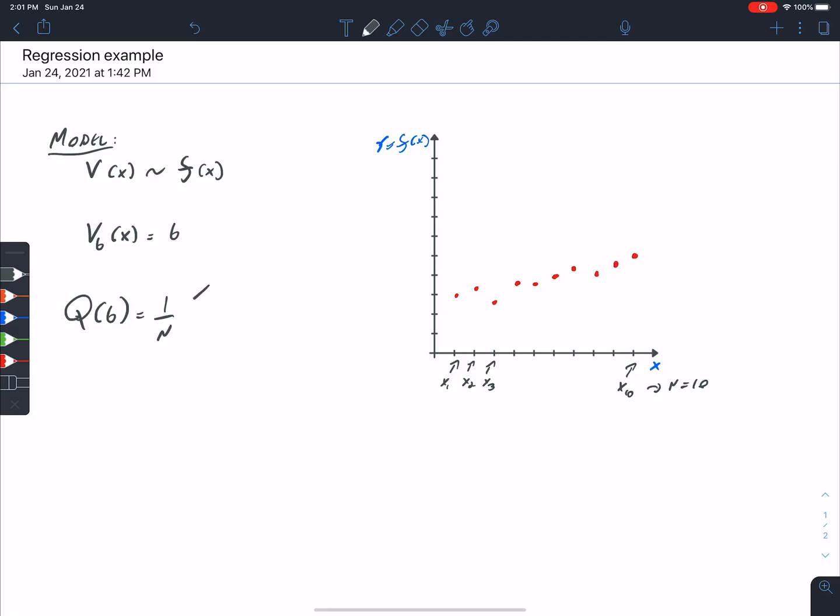And we're going to sum for, let's say, k equals 1 through n, which in this case again is 10. We're going to sum the square differences between the model, which is v_b of xk, minus the data, which is given as f of xk, and we're going to square this